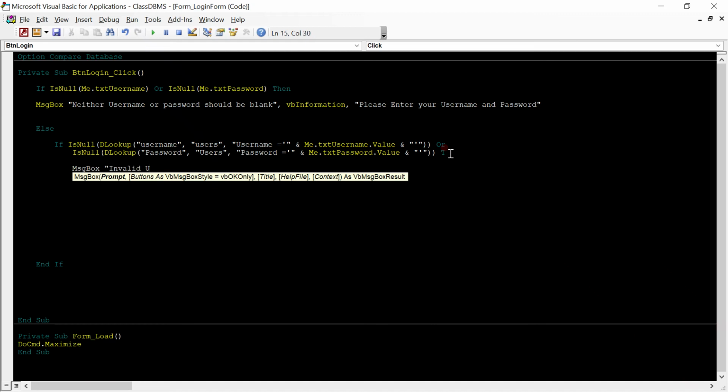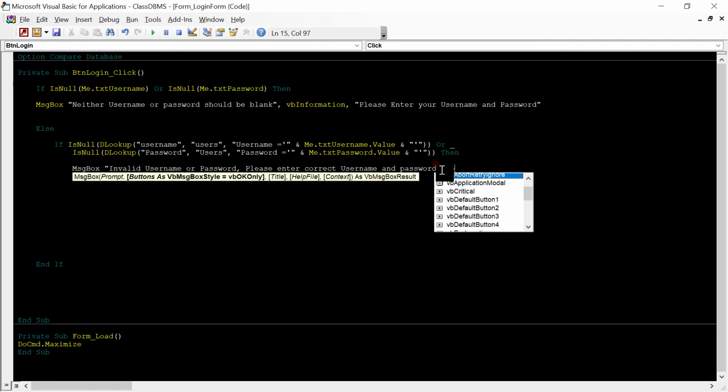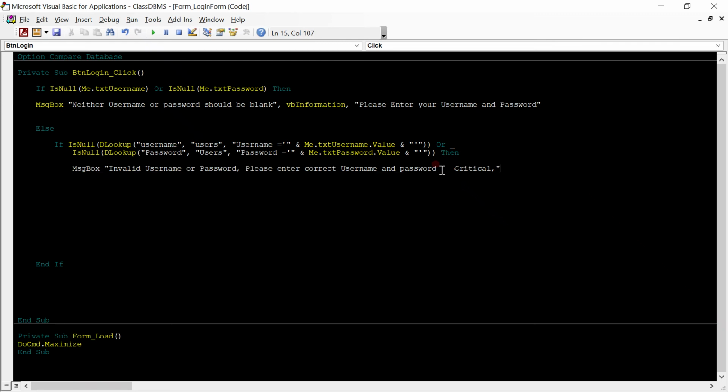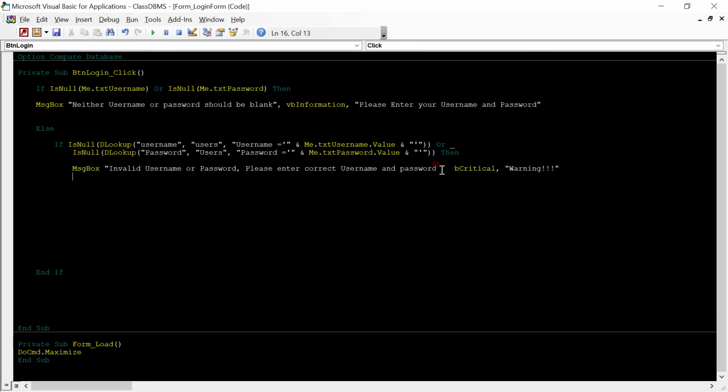Invalid username or password. Please enter a correct username and password. Enter correct username and password. That's a message. Let us call it VB critical. It's a very critical message. It's a warning, and let us title it warning exclamation mark, as many as possible as you can think of. All right,